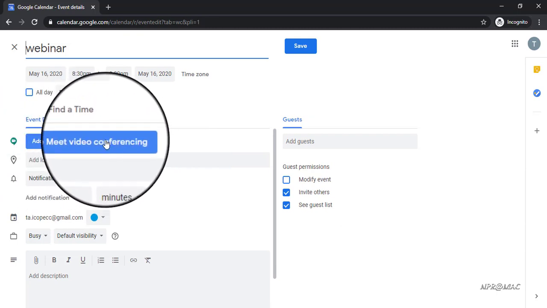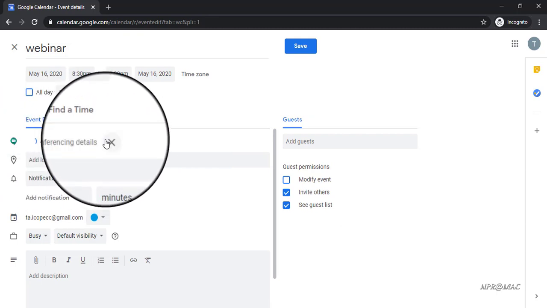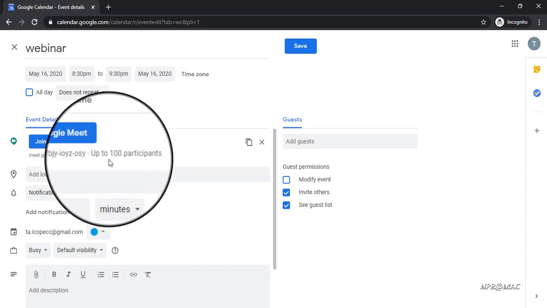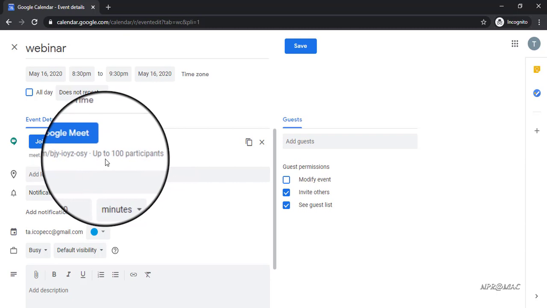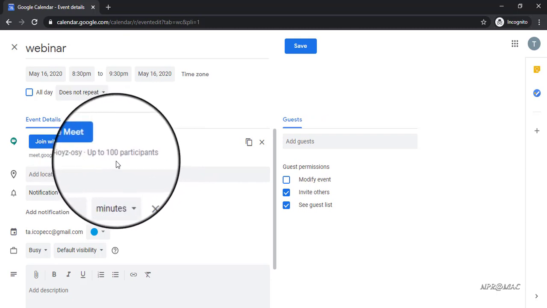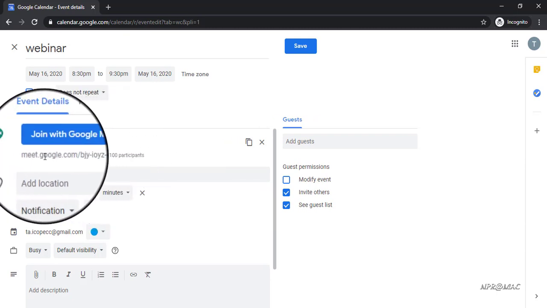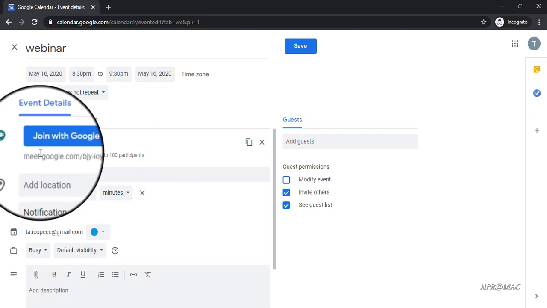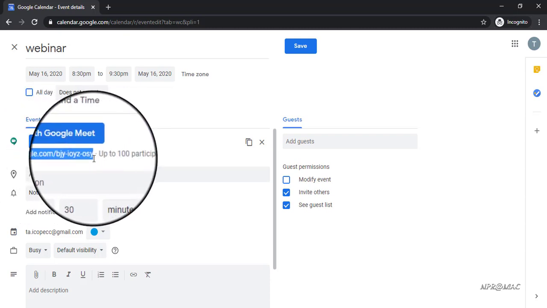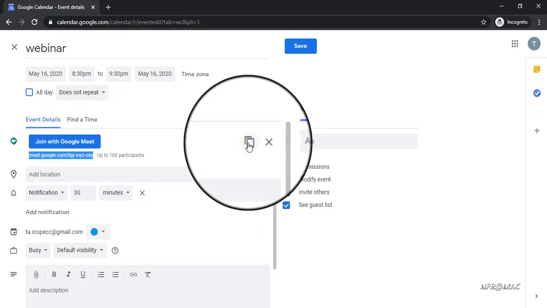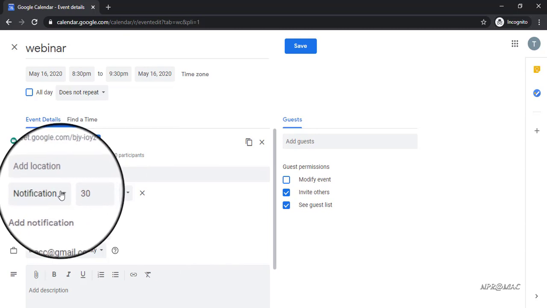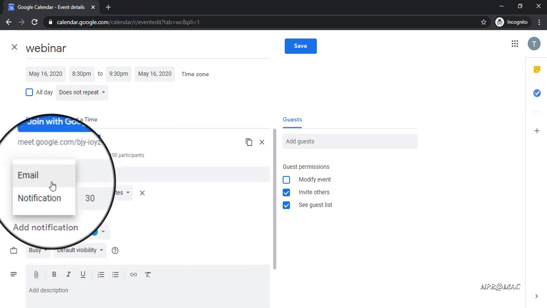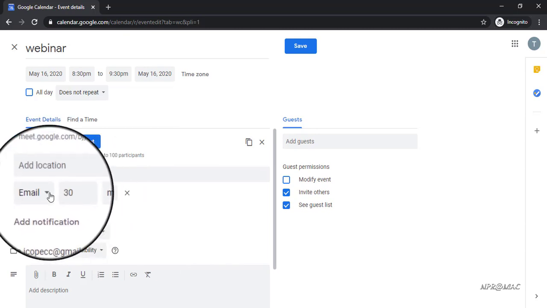Now you will see a link together with the maximum allowed participants. Note that if you are logged in from your personal Gmail ID, the maximum number will be 100, whereas if you are using an institutional mail ID associated with G Suite, the number will be 250 at present. You can copy that meeting link and share it to the meeting participants. Participants can join the meeting by entering the link on their browser. The meeting creator will get notification asking whether to accept them or reject when someone joins through the meeting link.